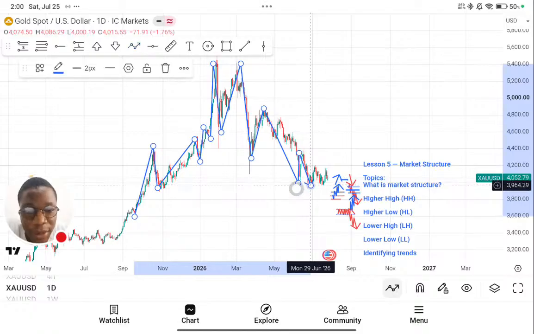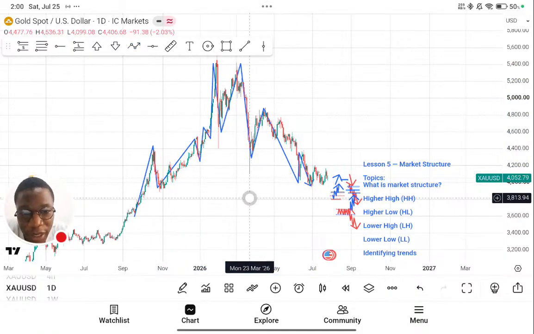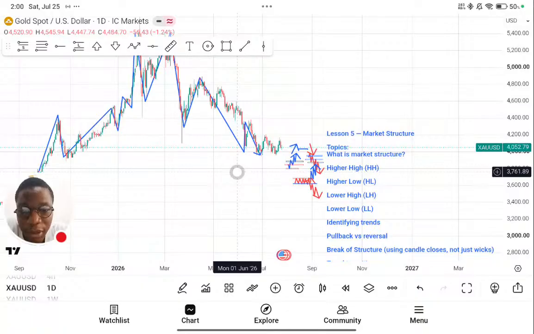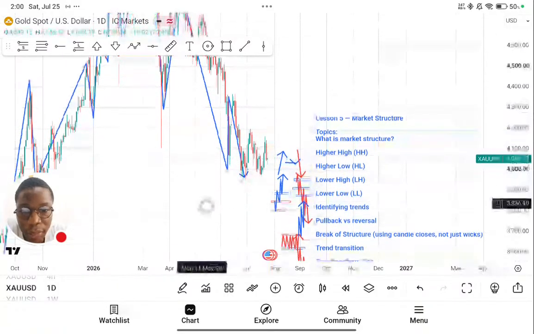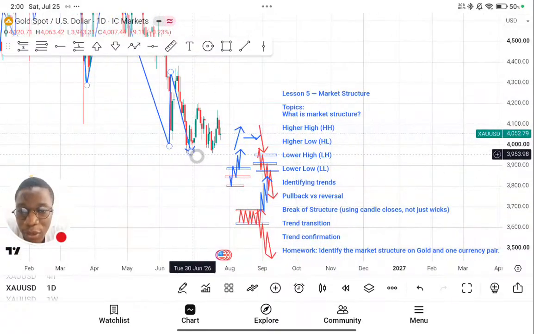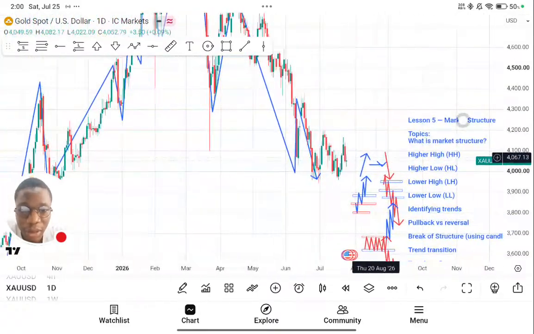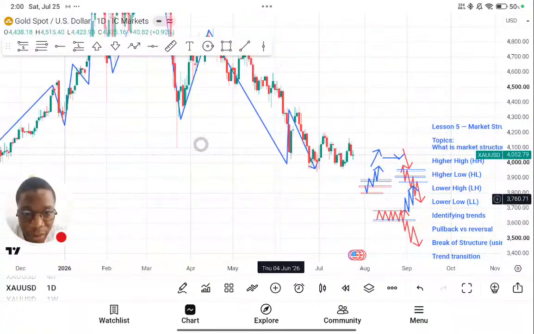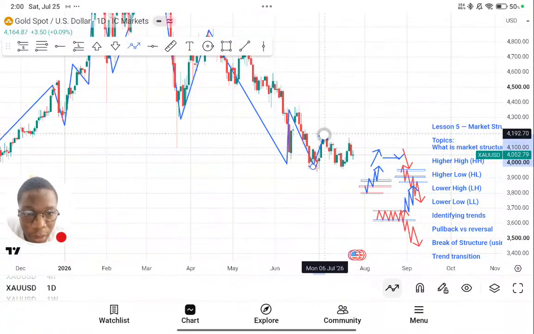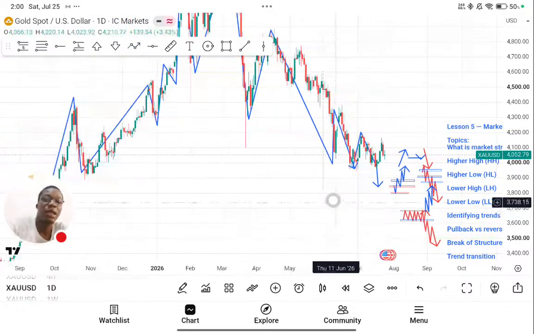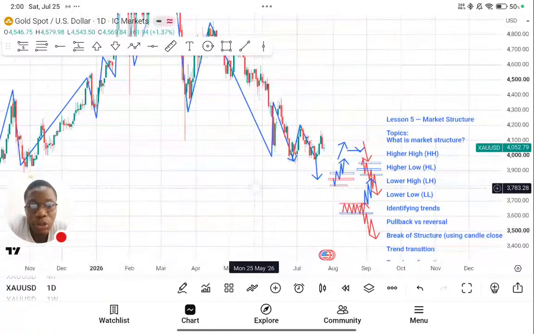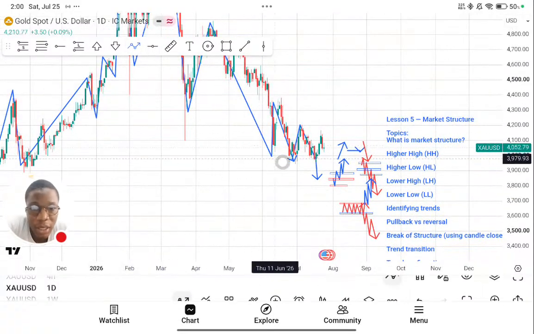So in this type of market condition from the daily, we are in a downtrend, as you can see, because new lows keep being created. So it's only a matter of time before this new low gets taken out. Because see, market couldn't even break this high, but then it's attempting to break this low from where we are. So we'll be hoping to see this guy get taken out